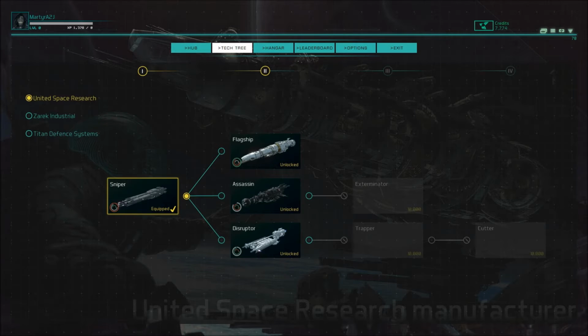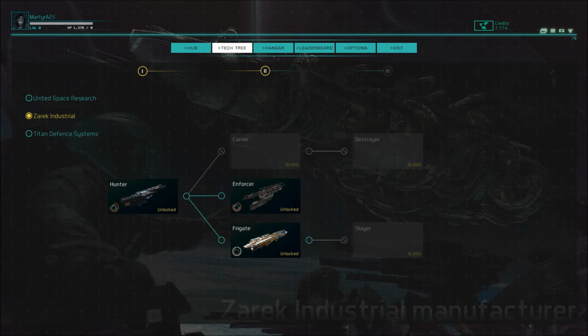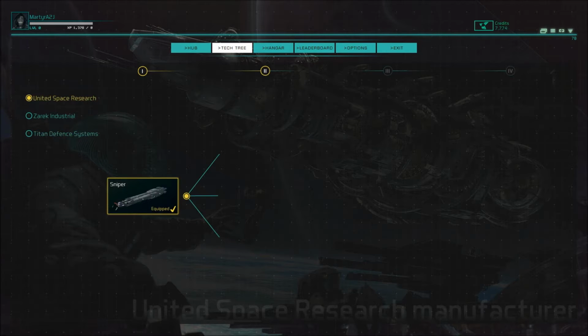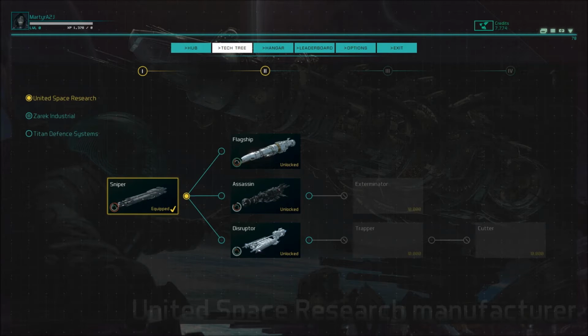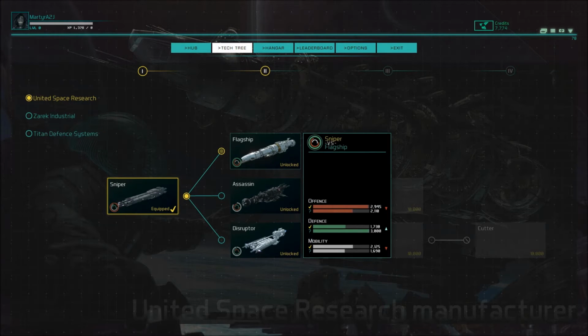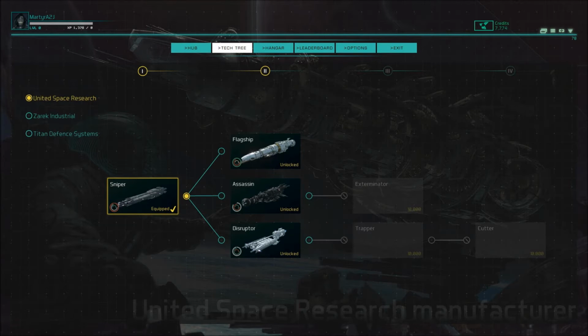If anyone who's played World of Tanks recognizes this kind of tech tree, you start off with almost like a base ship, and then you move down the line getting better and better ships. Now, all these ships I currently have access to because it's an early access mode. I'm not sure if you're going to have to purchase them eventually or what, but you can see that you get better and better ships that you can buy for credits, which I have